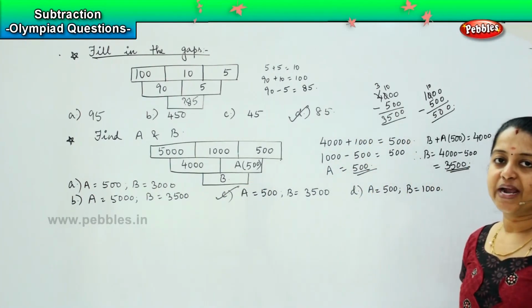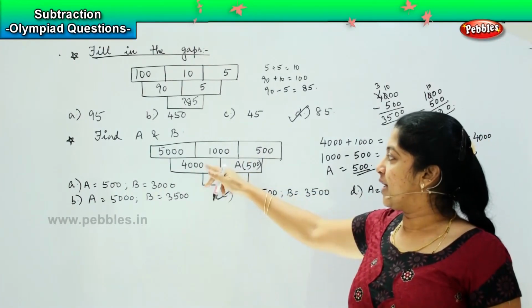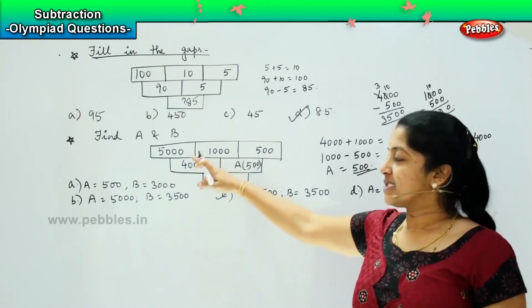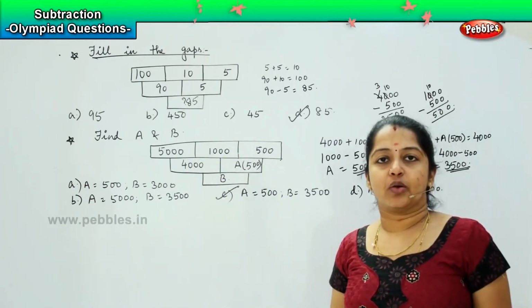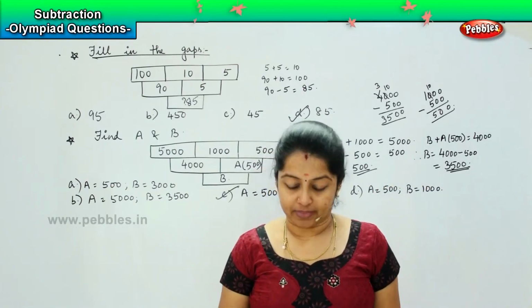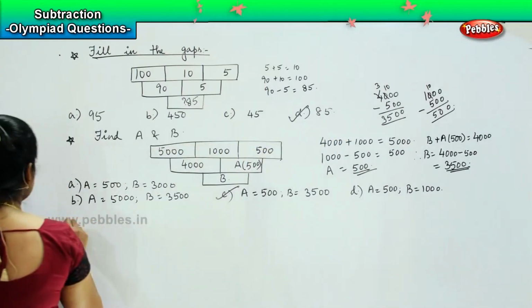Did you understand this pattern of question, children? When you get a question like this, you have to see which two numbers are added to get your sum. Once you understand the loop, it's easy for you to find out the other answers. Clear? Shall we move to the next question? Okay. So here is your next one. The question says,